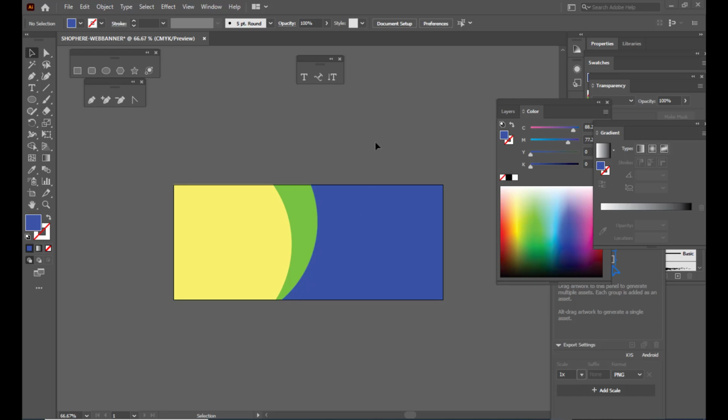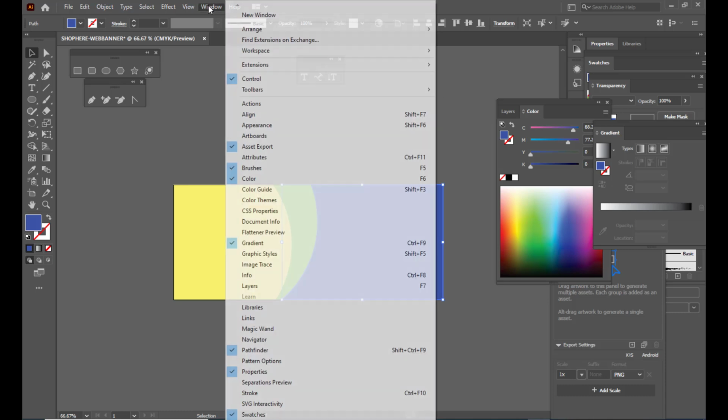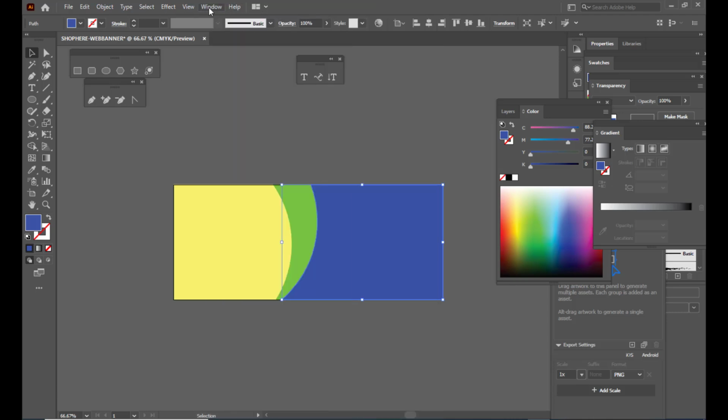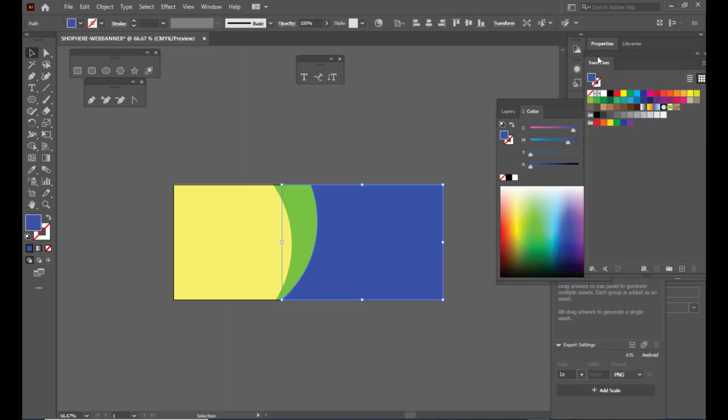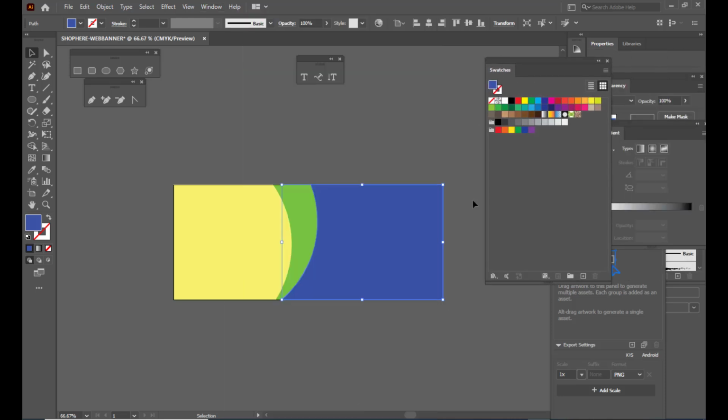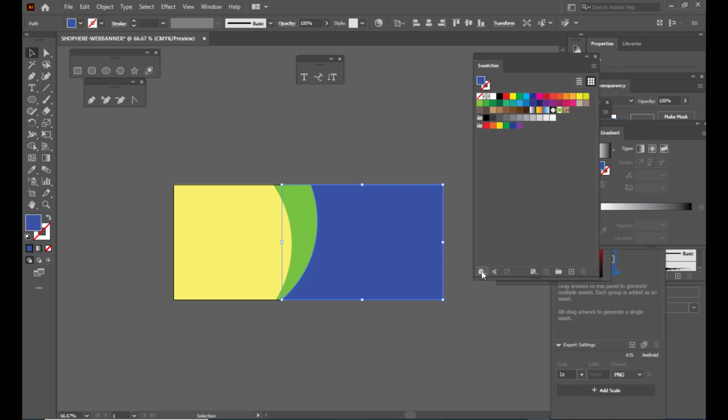Now let us apply gradient to our sections. Simply select this blue section, and the way we are going to apply gradient is by opening something called swatches. Swatches are present inside the Windows menu. Let us open the swatches panel, and at the bottom of the swatches panel you can find the swatch libraries menu.